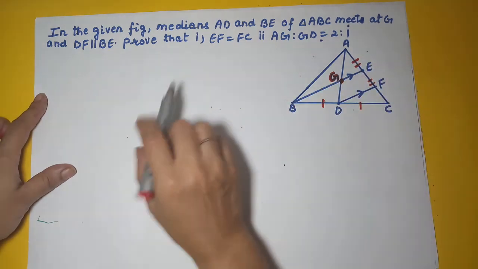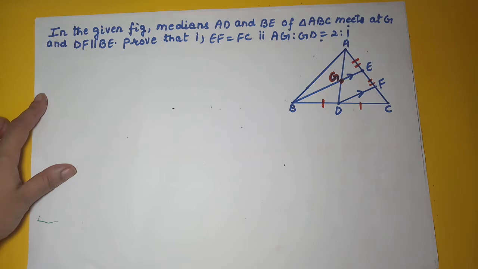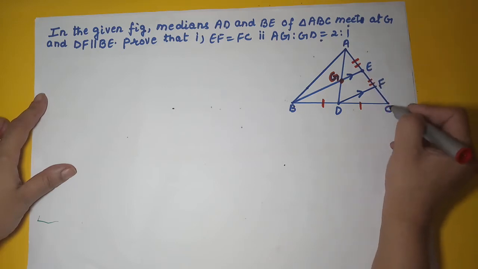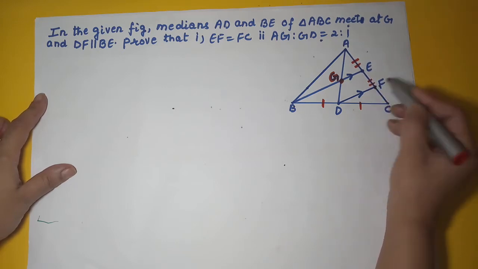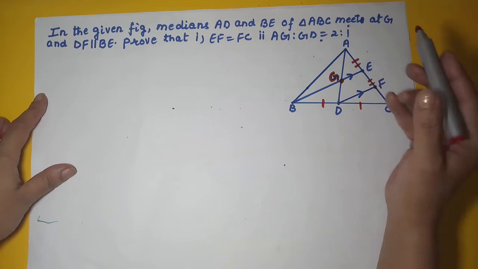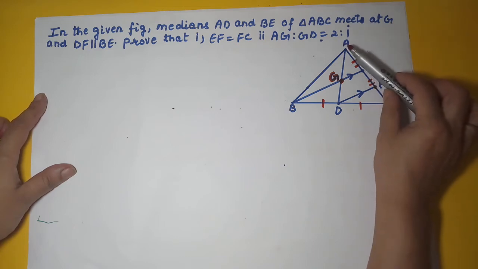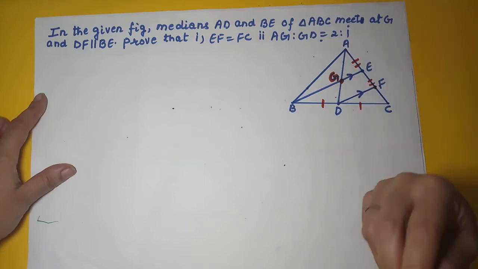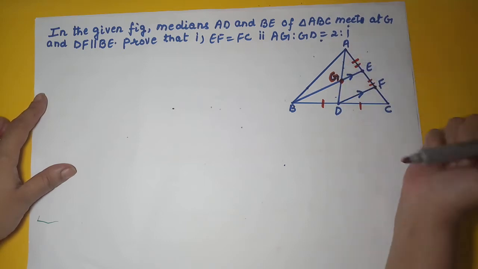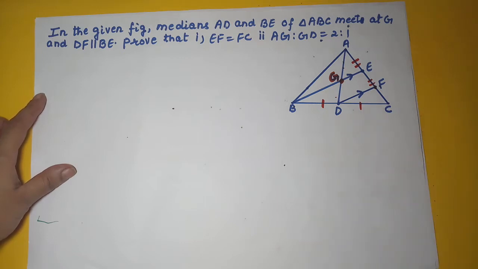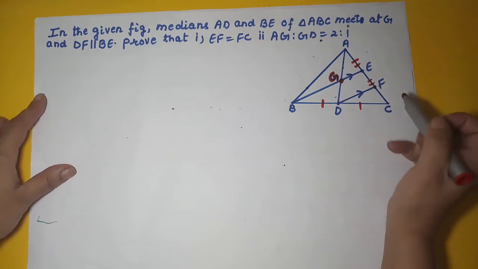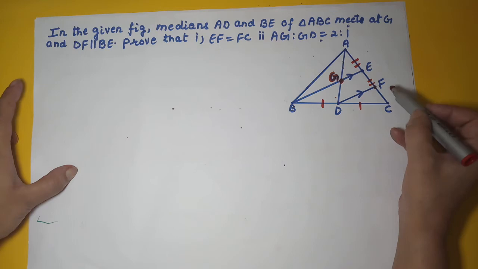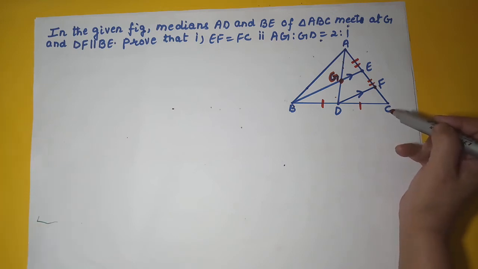Now he wants us to prove that EF is equal to FC. In other words, F is the midpoint of EC. And secondly, he wants us to prove that AG is to GD is equal to 2:1. The ratio between this and this is 2:1. So for proving the first part, if we take the triangle